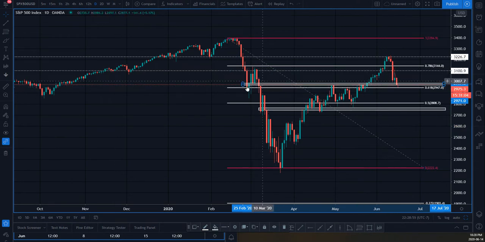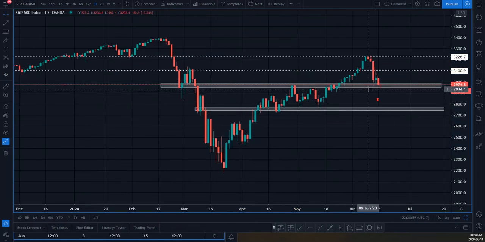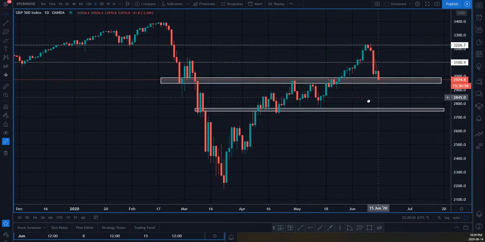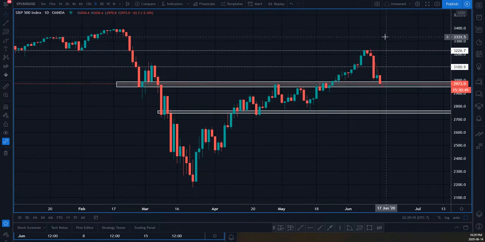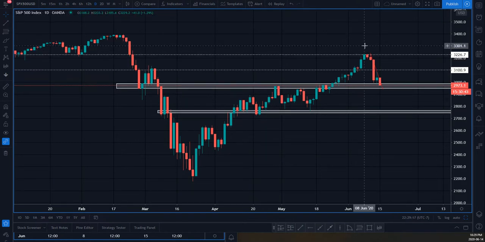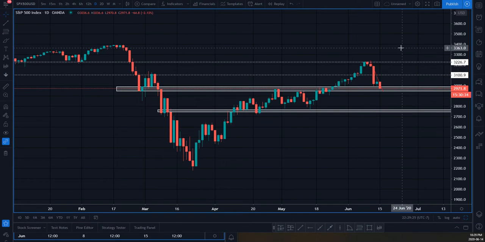But if we do fall down below this zone a little bit, let's just bring this a little bit further down, that's the area that we are looking to see the price fall below in order to have a risk off sentiment, where you're going to be looking at things like US dollars, Swiss franc. You're going to be looking to short equities. Crypto is probably going to be dropping as well because the correlation between Bitcoin and, for example, the Russell 2000 is very positively correlated. And we will look at the Russell 2000 really quickly in this video.